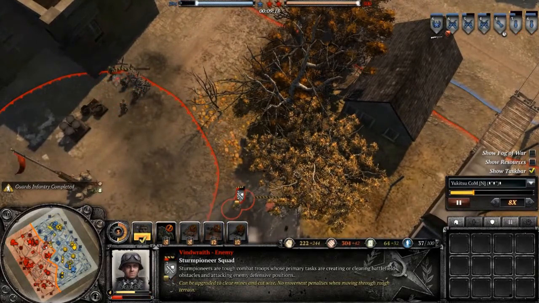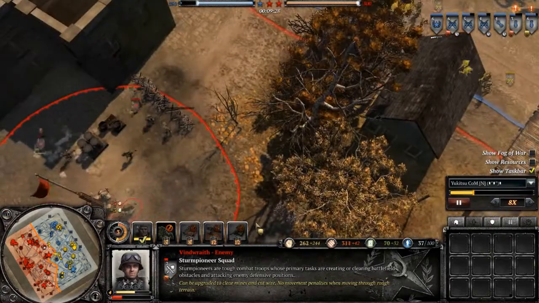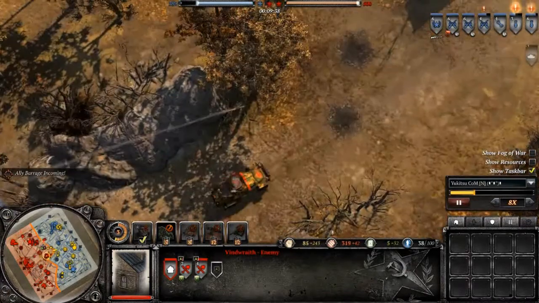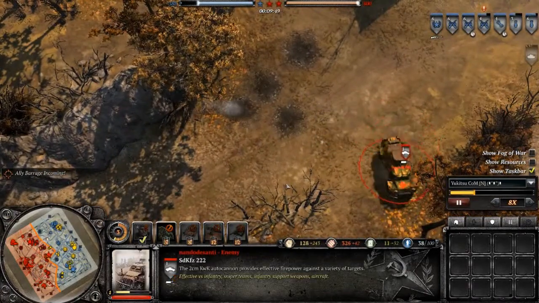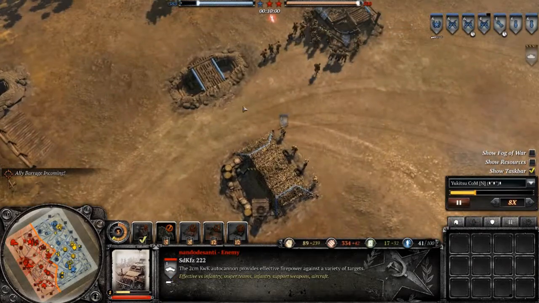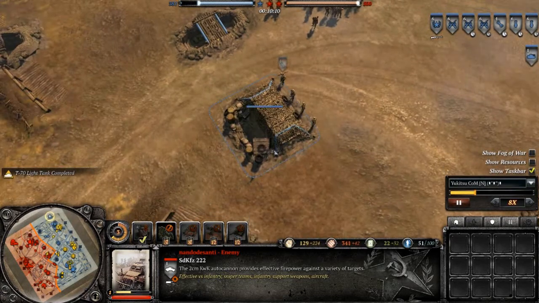You can see I'm starting to land a few artillery shells on them. Their sniper is forced to retreat back, and yeah, things go relatively okay. I do have to retreat back though. They've got this, I'm not sure what these actually are, SdKfz 222 with the flat cannon on it, which is kind of nonsense, but yeah, I managed to keep my troops from losing too many of their members,